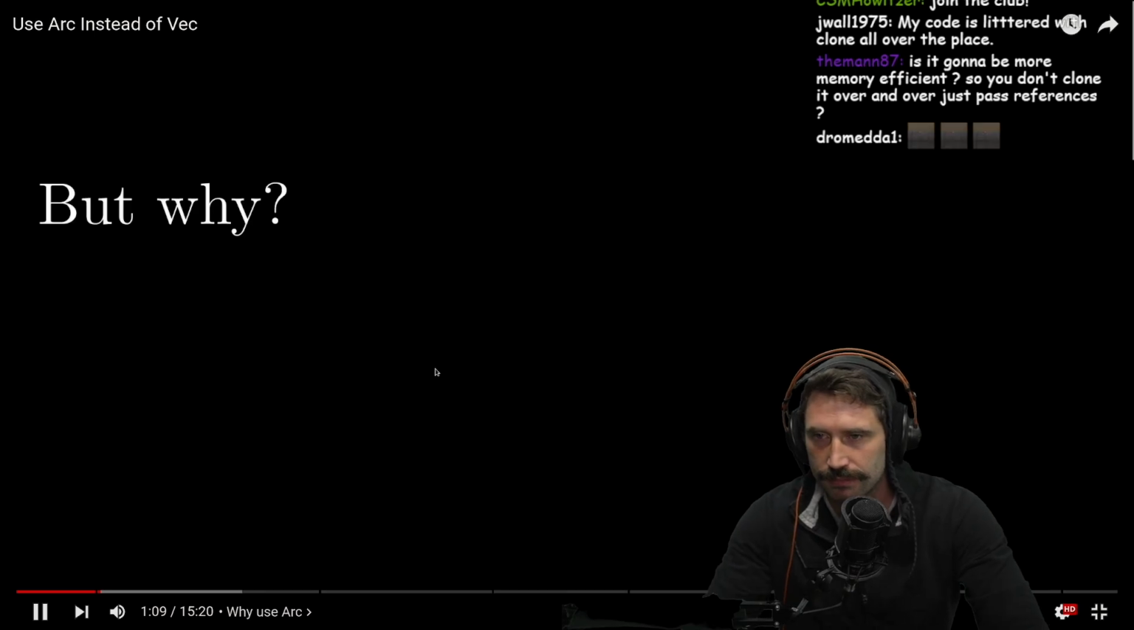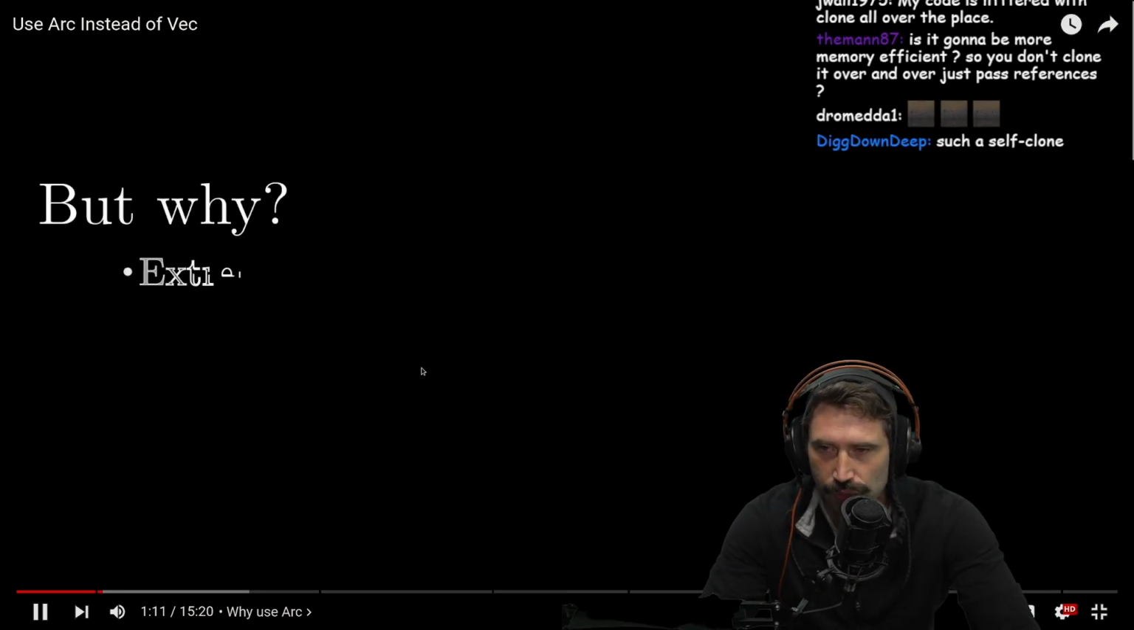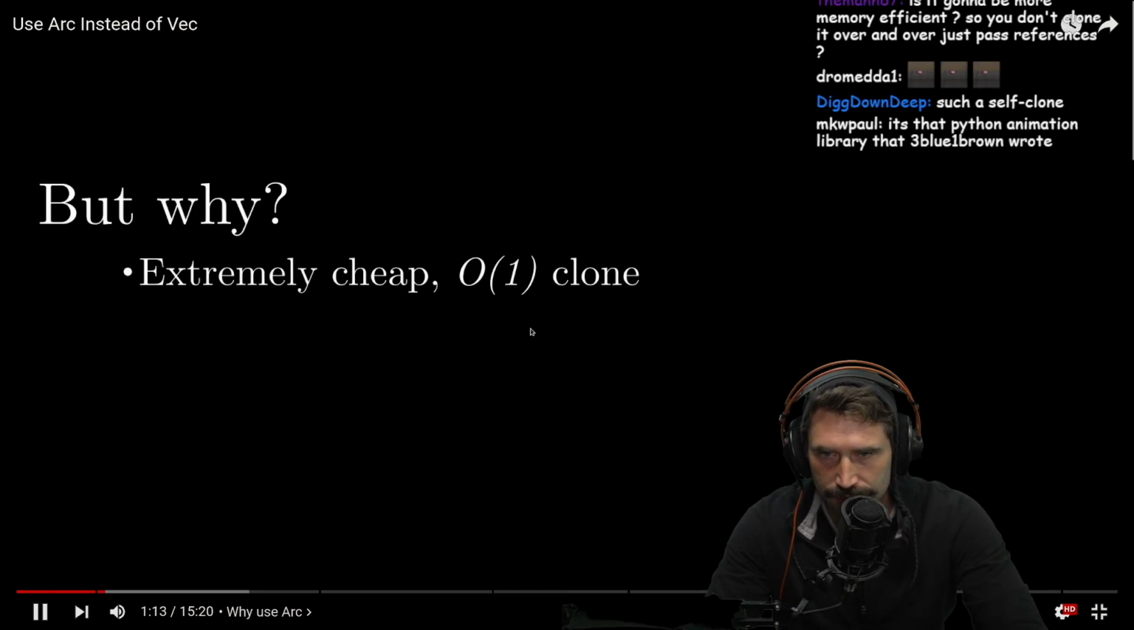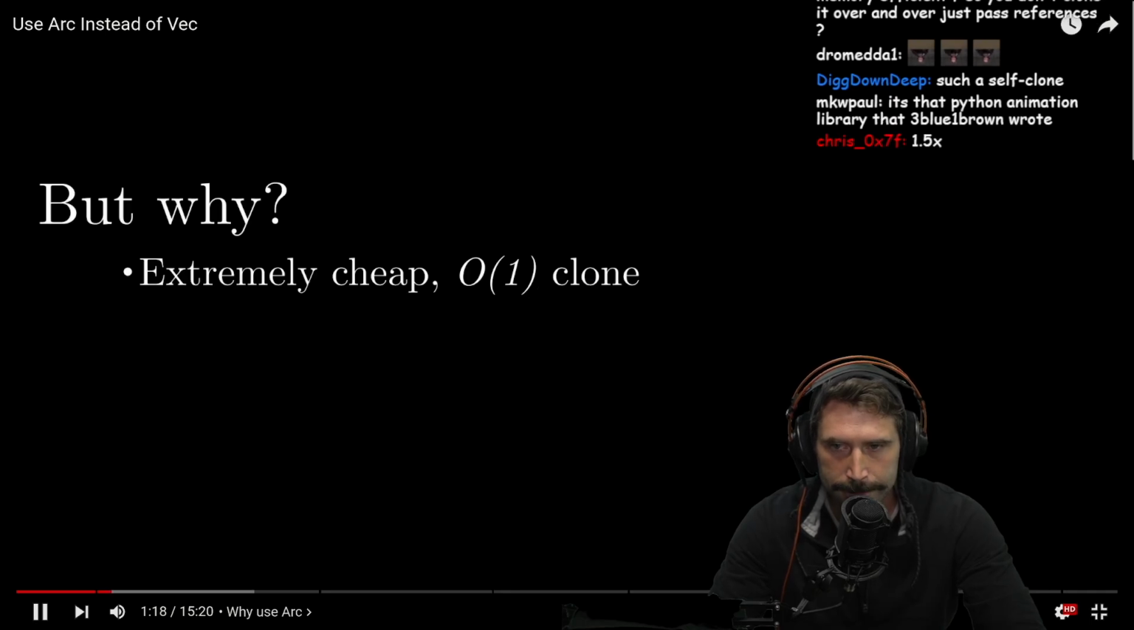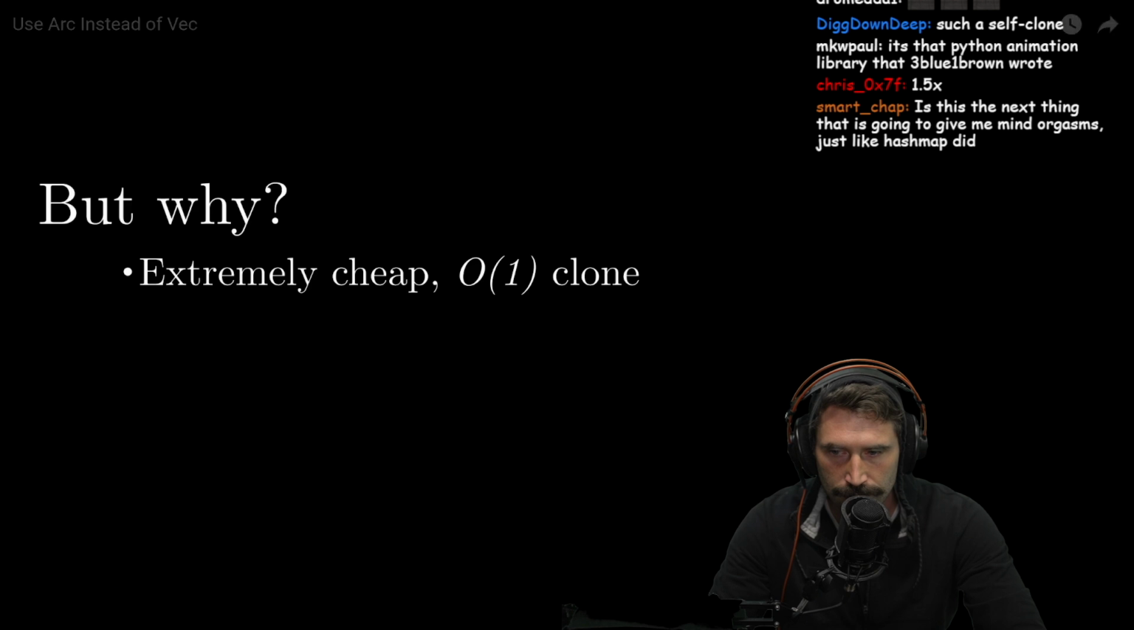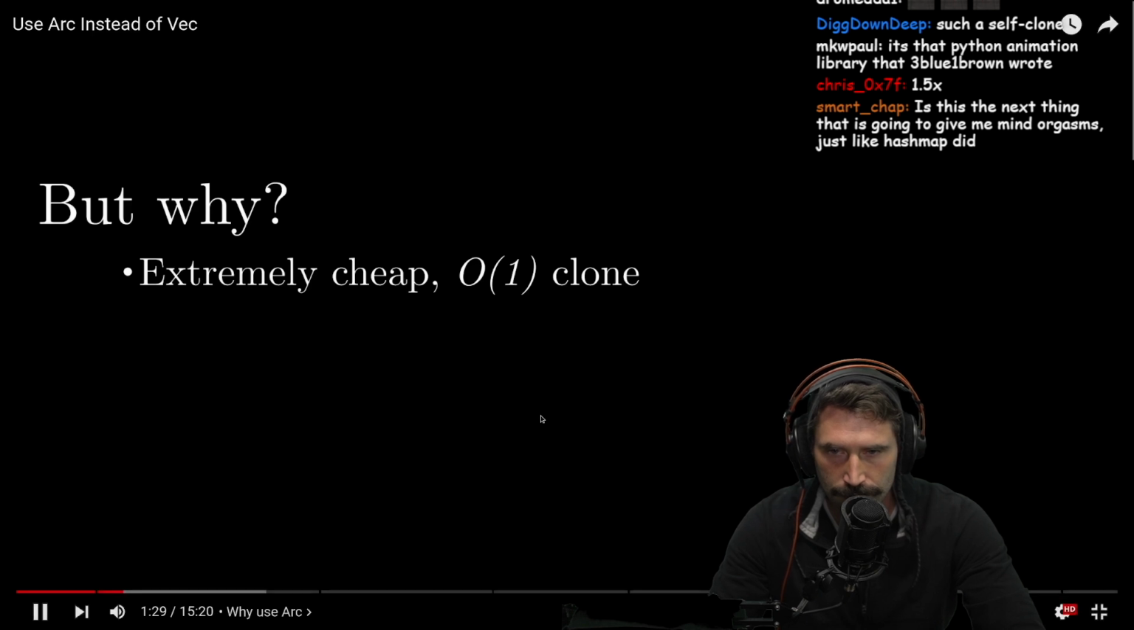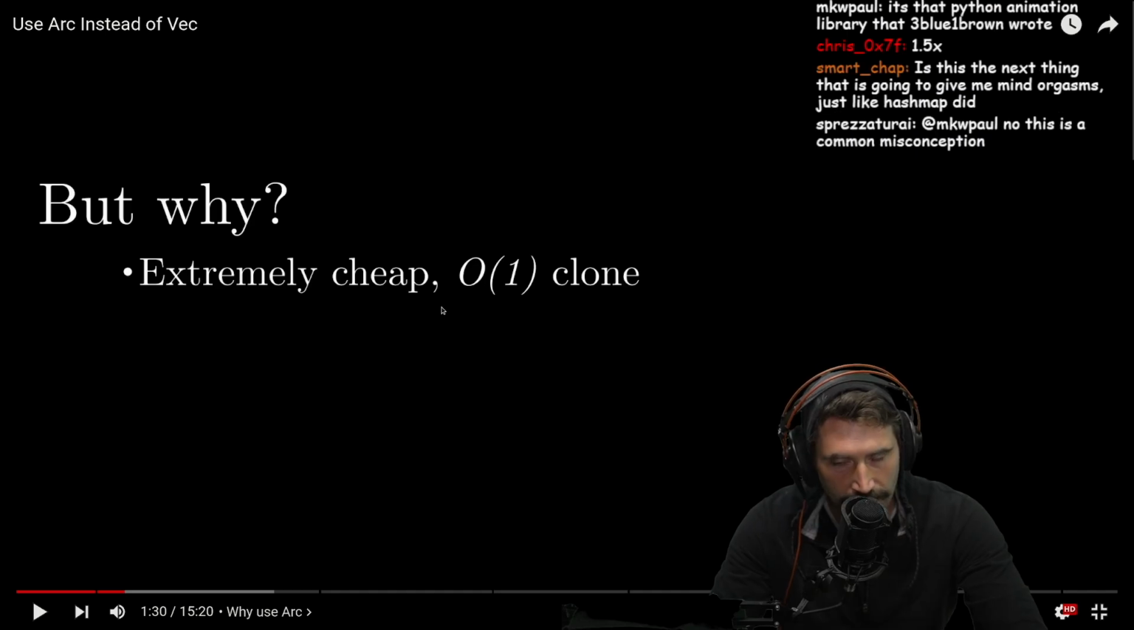Well, there's three really big reasons. The first one we already touched on. Arc has an extremely cheap constant time clone. So it's true, but it still can be expensive. No matter how big your sequence is that you're pointing to, it's going to take the same amount of time to clone it, and it's just going to involve incrementing an integer and memcopying the arc pointer itself, which is very, very fast, and it doesn't involve any memory allocations. But to be fair, it's an atomic increment,